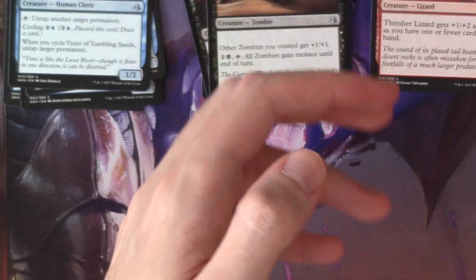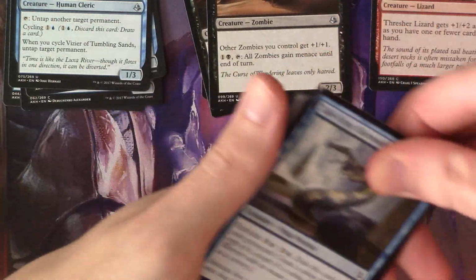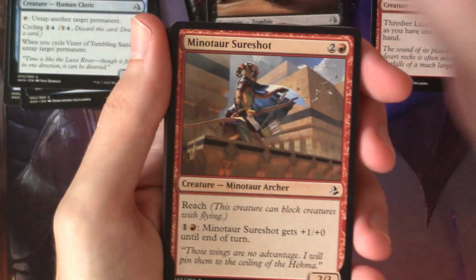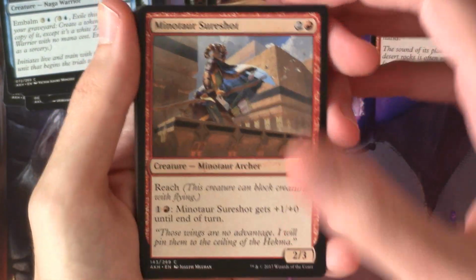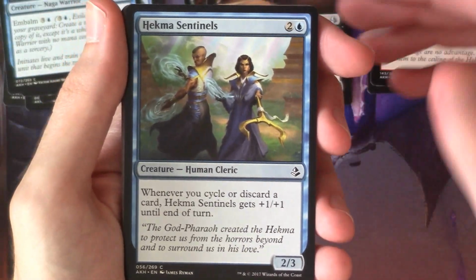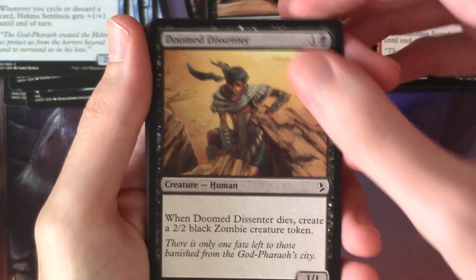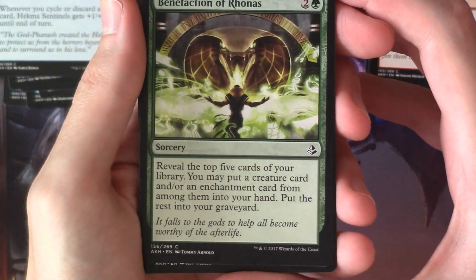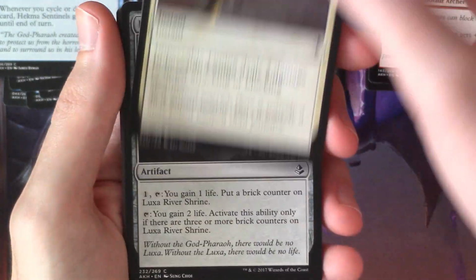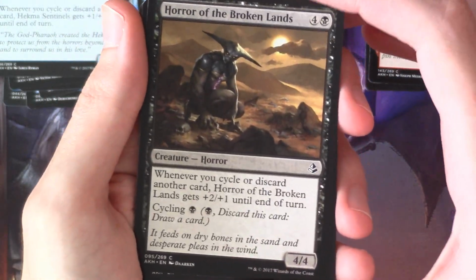Alright, on to our second pack of Amonkhet, where we have Takrop Skirmisher, Minotaur Sure Shot, another Jero's Resolve, Hekma Sentinels, Doomed Dissenter, Benefaction of Aronas, Impeccable Timing, another Luxa River Shrine, another Horror of the Broken Lands,